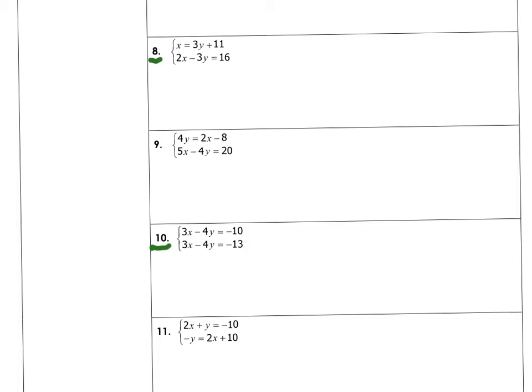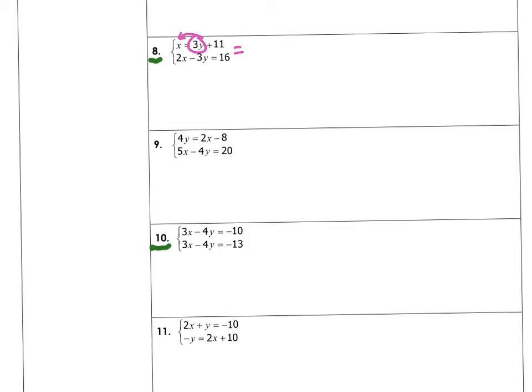So we want to be able to line this up so that I have an x over an x, a y over a y, and a constant over a constant. So in order to do this, I'm going to have to move one variable to another side. Now for this, I think I want to start with the top, and I want to move this 3y over. So that way, I will have the x's and the y's on the left side of the equation and the